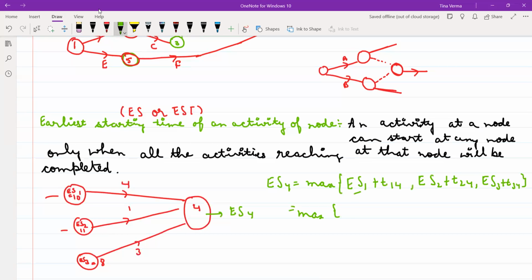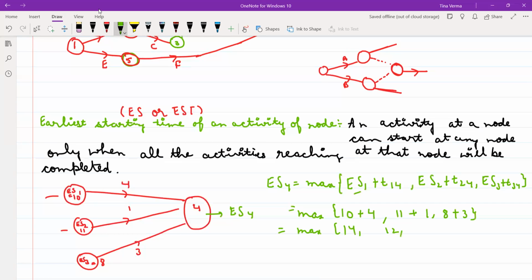Earliest starting time event 1 का कितना था 10, और 1 से 4 जाने के लिए कितनी यूनिट्स लग रही हैं 4. ES2 का टाइम कितना है 11 plus 1, this is 8 plus 3, so this is 14,